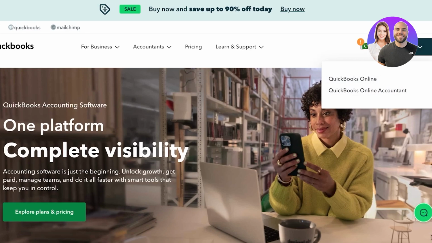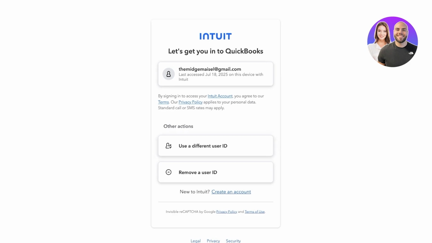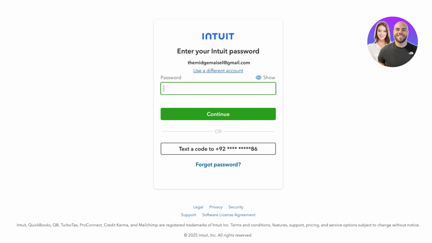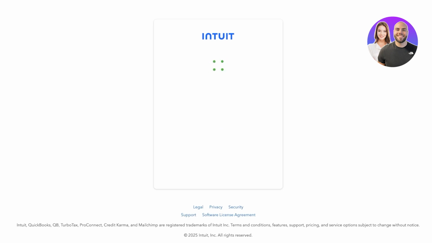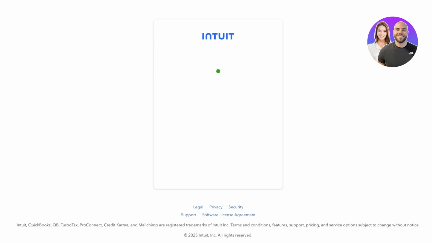First off, you're going to click on Login and then click on QuickBooks Online, and then you can proceed on to QuickBooks. Now, I am going to be logging on to my account. If you don't have one, you can sign up with your email address and that is it. Once we do that, we're going to proceed with our password, and you do have to provide some basic information about QuickBooks. We're just going to cancel, skip, and then proceed on to our QuickBooks